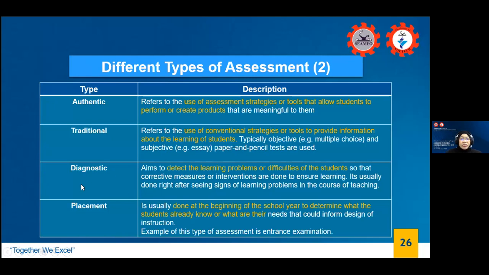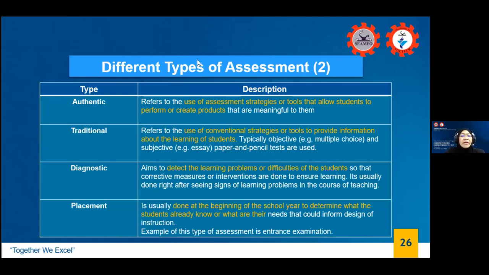And so diagnostic test or assessment helps in that respect. If we have diagnostic assessment, we are able to help our students do better. That's why the earlier we are able to diagnose or find out the problem, the earlier we can help the student by giving him the right corrective measures to do better. Is that clear?